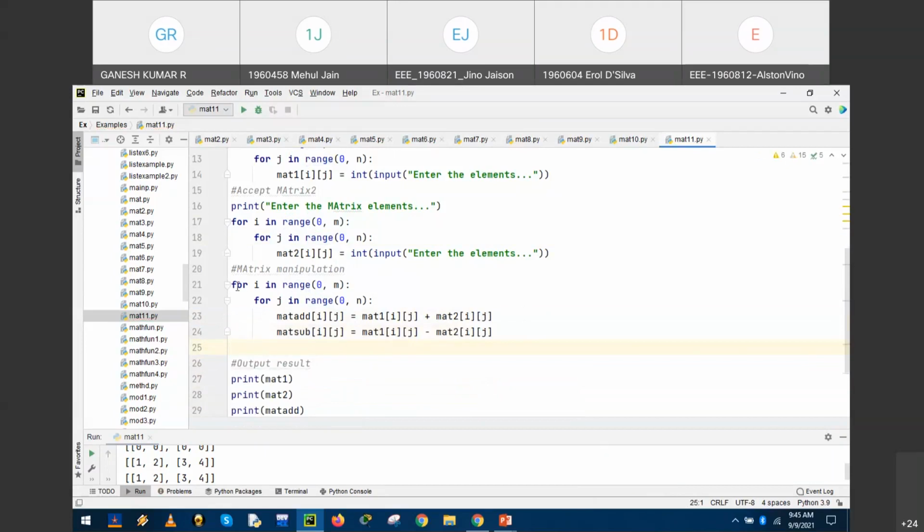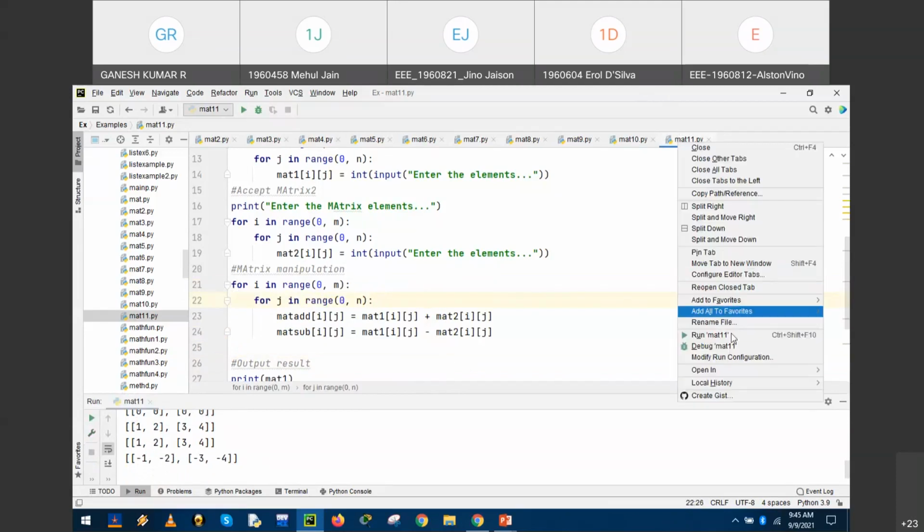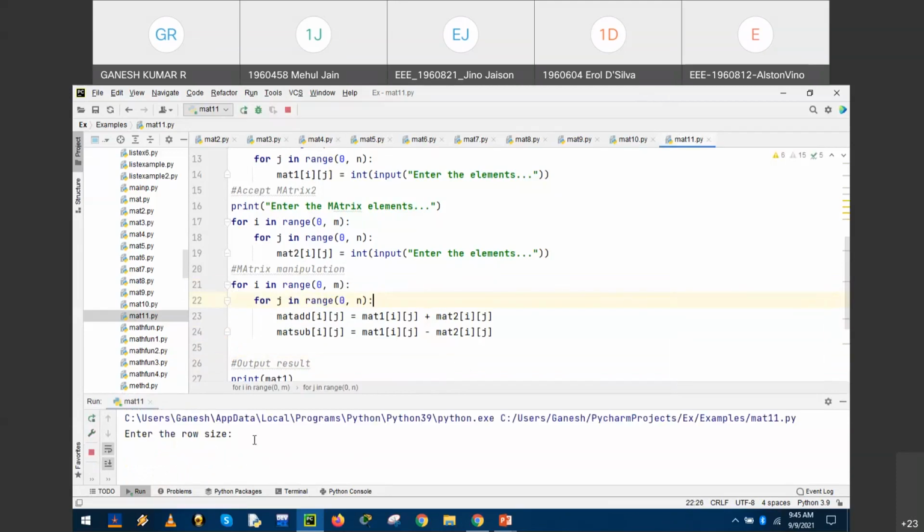So in one pair of for loops with row and column, we can apply the matrix subtraction, which could avoid, or we can have the elimination of the repeated same template. This is also possible. Fine. Let us run the program and check whether this simplified code will work or not. Let's take the same thing.